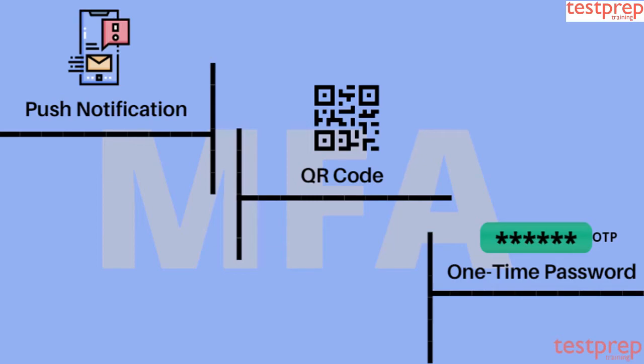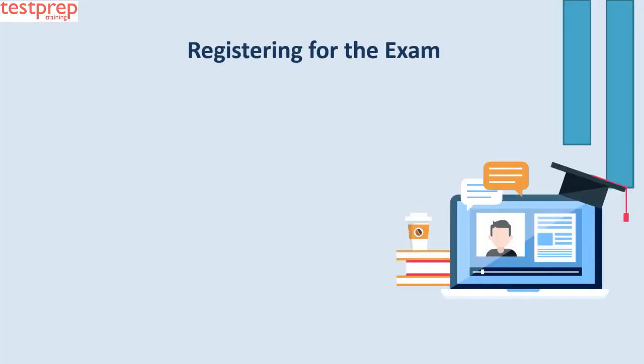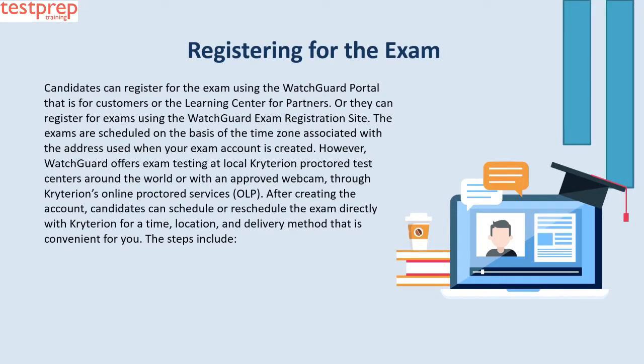3. One-time password. When a user logs in, the user must provide a unique, temporary password generated by the AuthPoint app to authenticate. Registering for the exam. Candidates can register for the exam using the WatchGuard portal, that is for customers, or the Learning Center for partners. Or they can register for exams using the WatchGuard exam registration site. The exams are scheduled on the basis of the time zone associated with the address used when your exam account